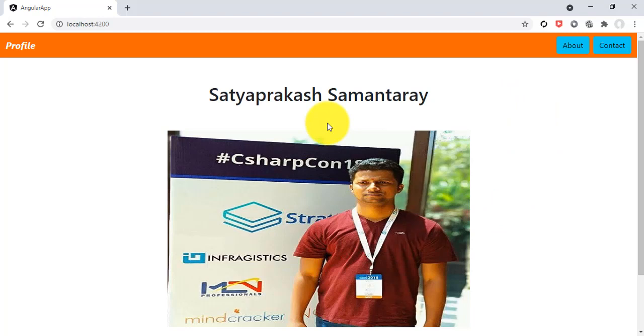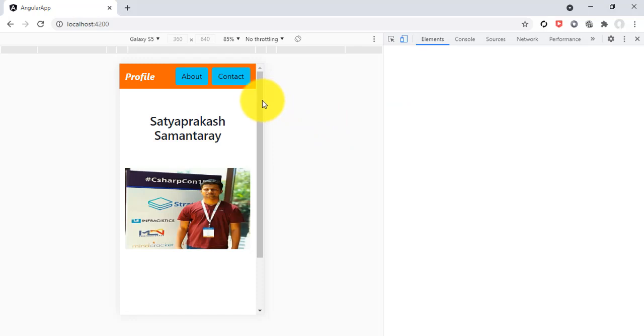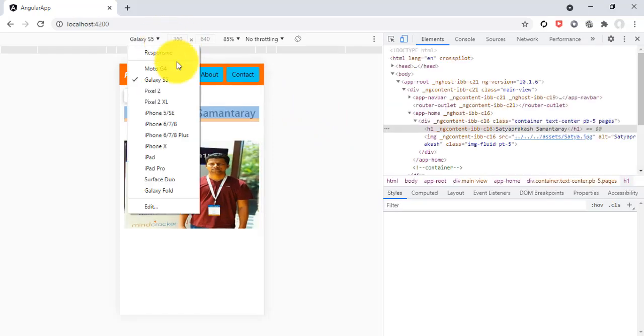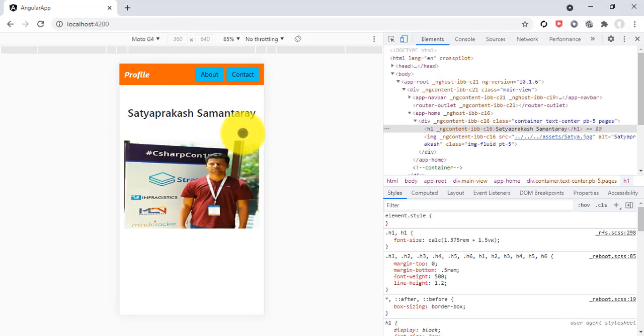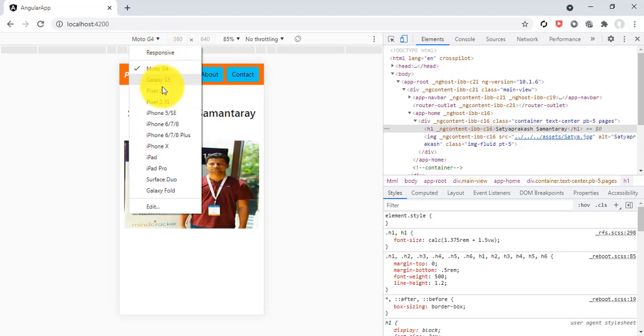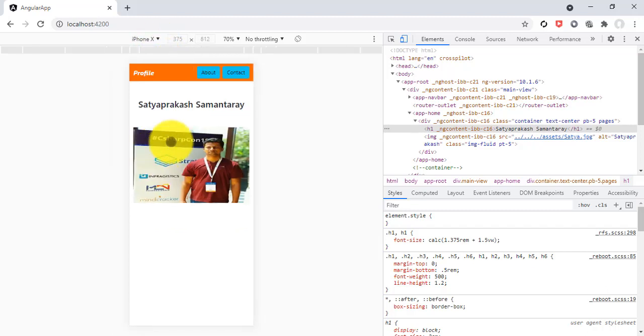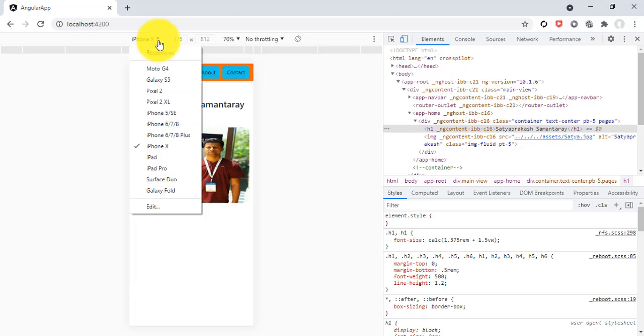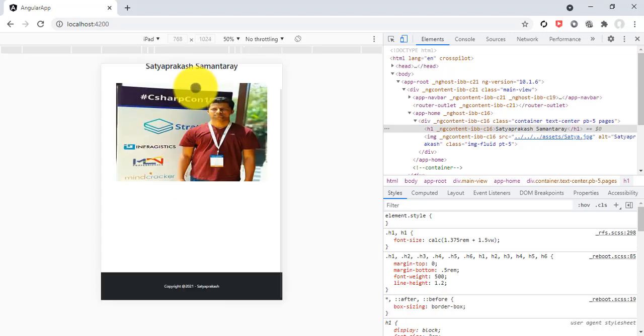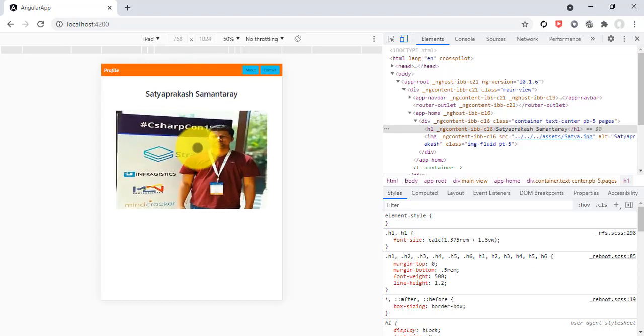And also it should be responsive, as I have shown you earlier. If you select Moto G4, the application will be responsive. If you select iPhone X, the Angular application should be responsive based on its device screen and resolution. And if you select iPad, as per the device screen, it will be adjusted and it should be responsive.